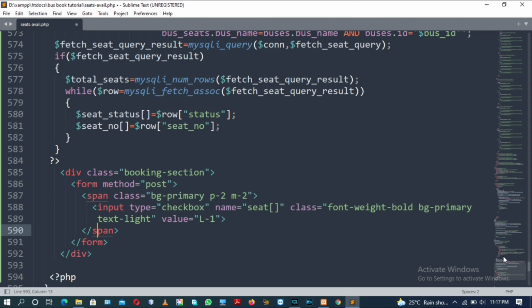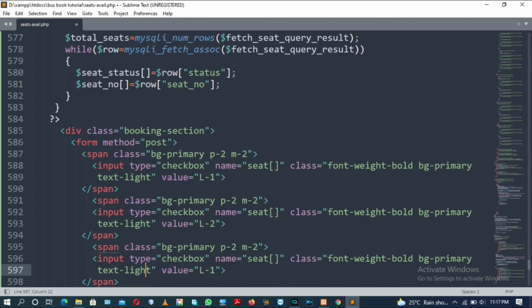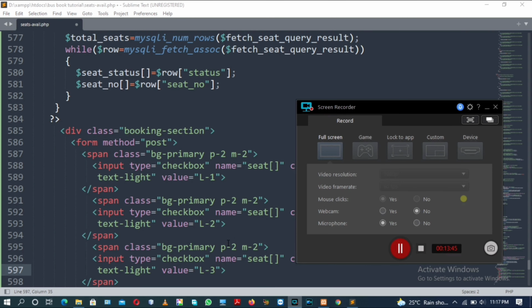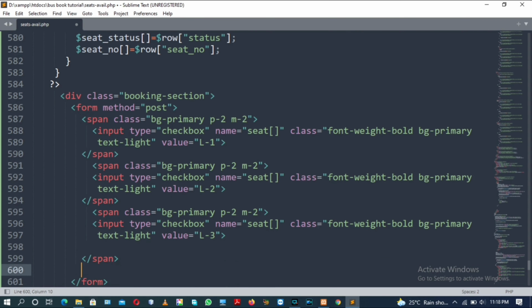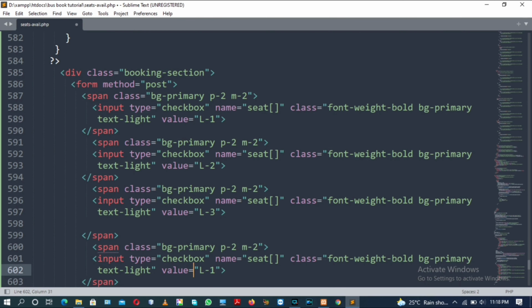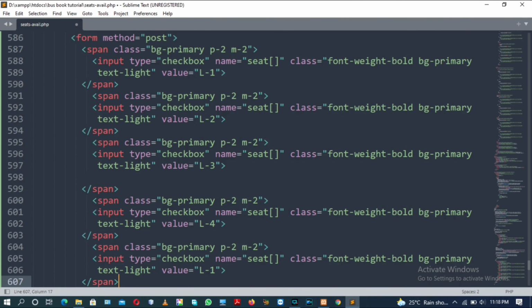Now copy this line of code from 587 to 590 for different seats, and it would be for L2, similarly for L3, similarly for L4, L5.